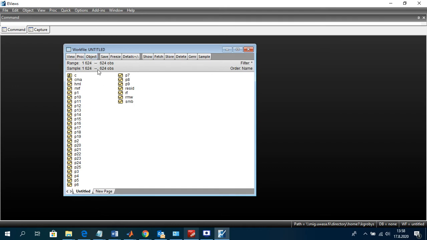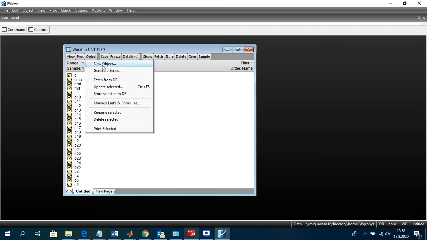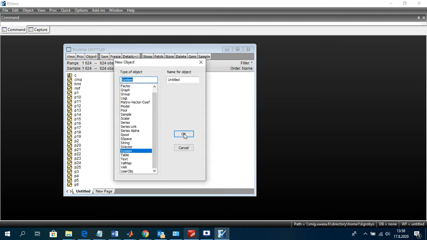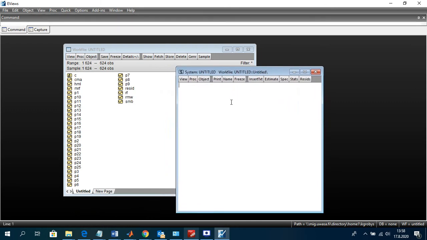How would we do that? Again, we use basically the same methodology. We go on object, new object, system. Okay, so which are the additional factors that the three-factor model has that the CAP-M does not have? So the additional factors of the three-factor model are obviously the SMB factor